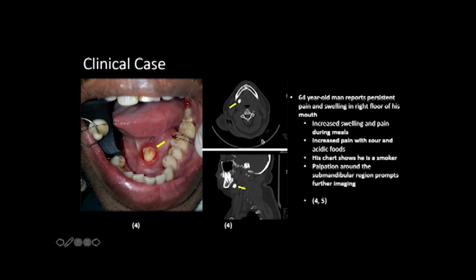Now we have a clinical case based on some of the information we just talked about. So from the information, a 64-year-old man reports persistent pain and swelling in the right floor of his mouth, like the submandibular region. He has increased swelling and pain when he's eating, and increased pain with sour and acidic foods. He is a smoker, and when the physician palpates around that region that he's experiencing pain and swelling, he prompts for further imaging. So a CT scan is done,